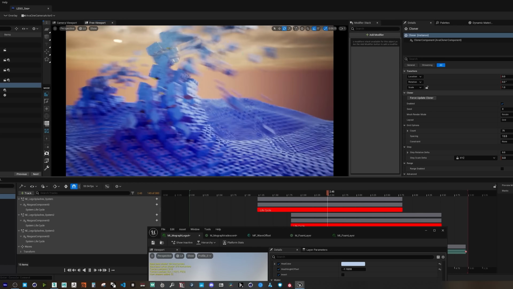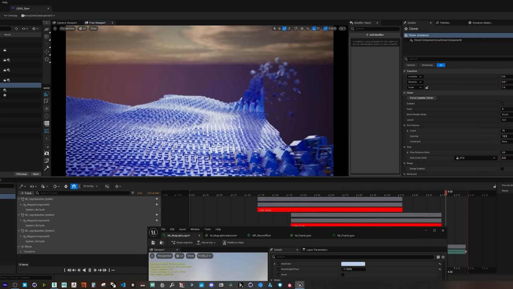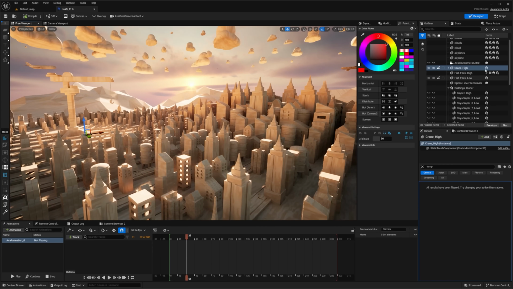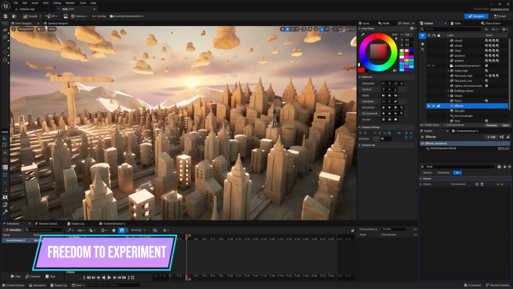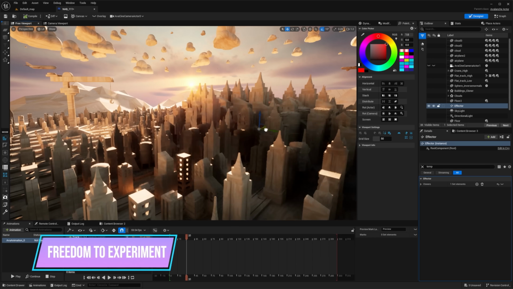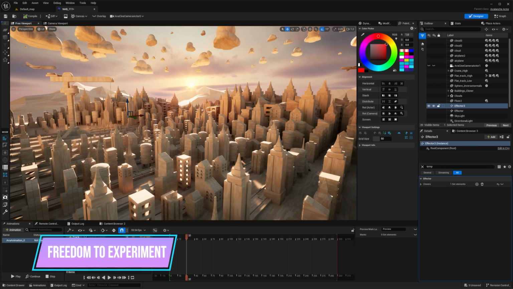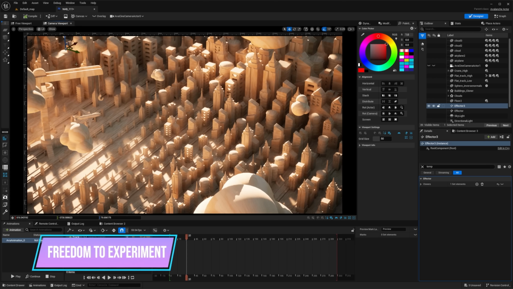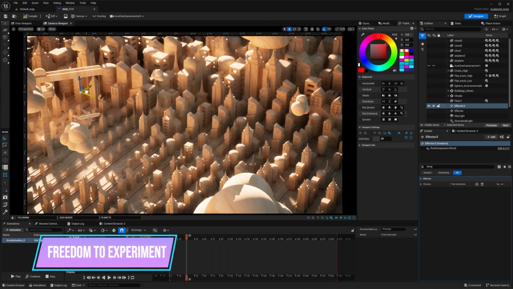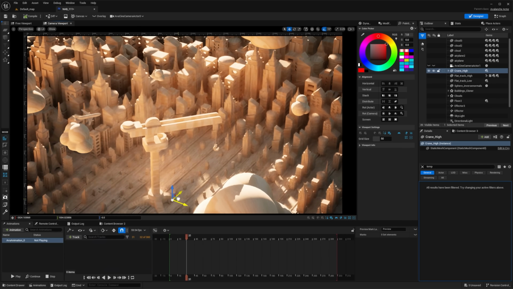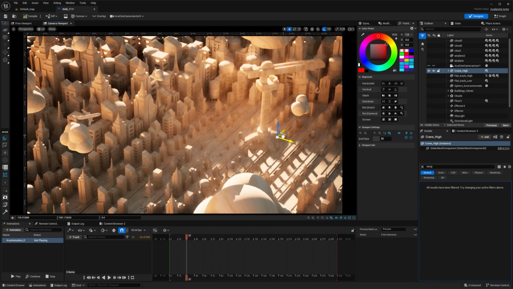So you can see how creative you can actually get with Unreal Engine. I typically tell people, since it is running fast inside the viewport, you can easily go in there and just start playing around. You have the freedom to experiment, and this will take it one step further with the cloner tool. I know this is something that I personally have been really asking for a couple of years. There's been a couple of things on the marketplace that were similar, but actually having it built inside of Unreal Engine 5, I think it takes it one step beyond,